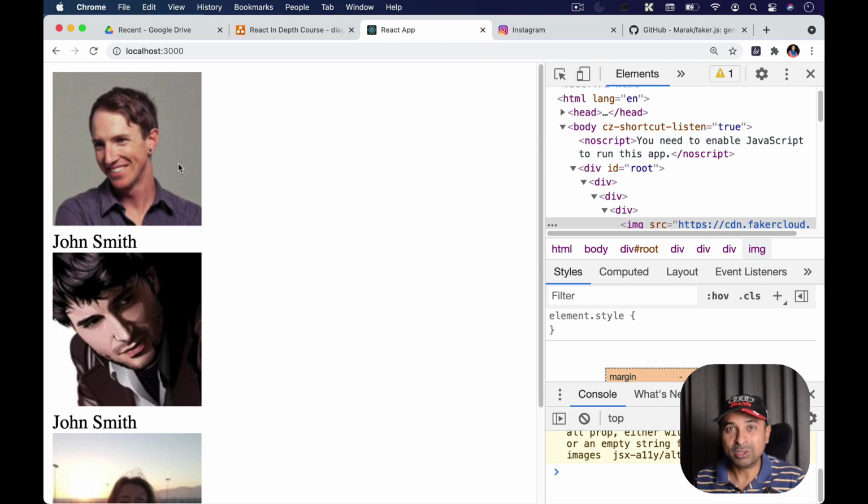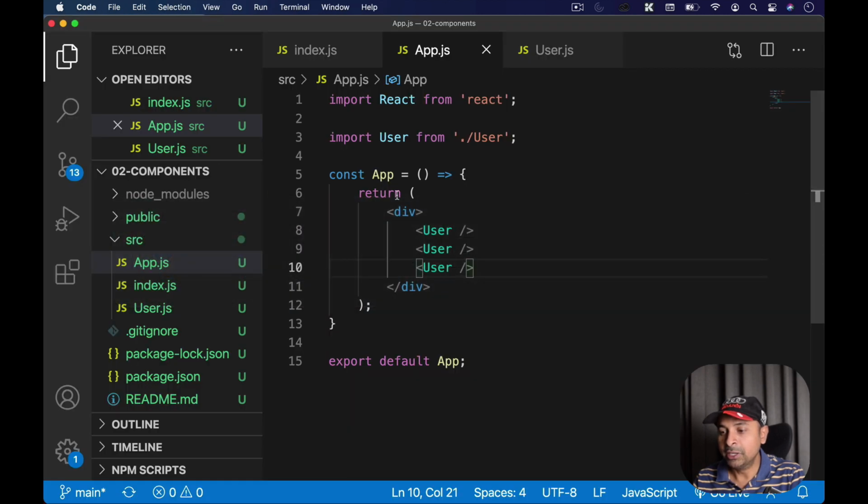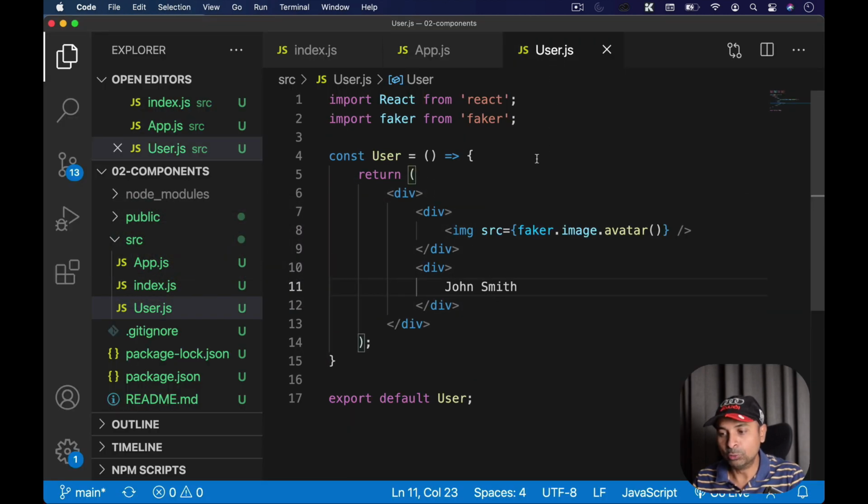And those pictures are coming from the faker. That's why they're looking different. But in a real app, when I go back to my user, this image is not going to get generated from the faker app, right? I'm going to load this image from the database, I mean, the image URL basically. So that URL is going to be the same for John Smith, right? That URL is going to be the same for Sonia Mishra or any other example I would like to take here.